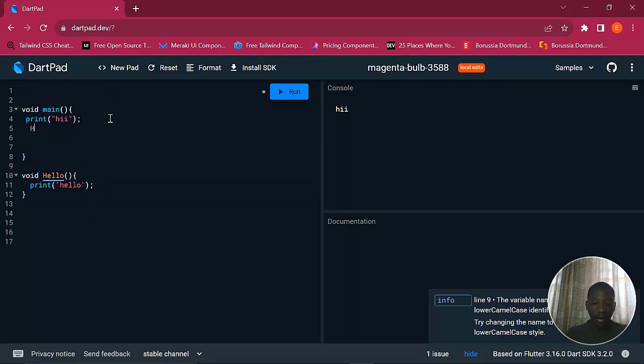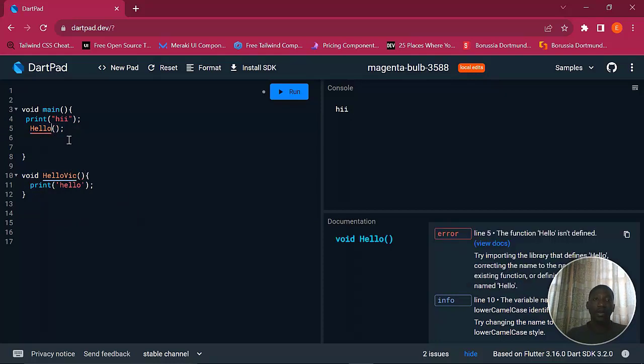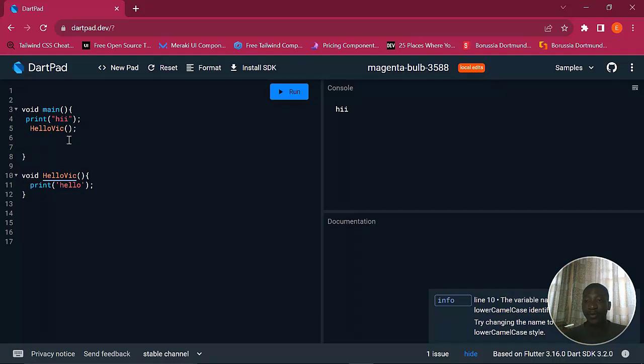So I can come in here and I can call the function now, and the name of the function is hello. Now it is up to you to give the function any name you want. So whatever name you give it here, I can come here and say hello Vic. Make sure you call it in here as hello Vic. Now you can use anything to create functions, but not reserved words. You can't use reserved words to create function. So once I run it now, you can see that we have both hi and hello, and that is functions